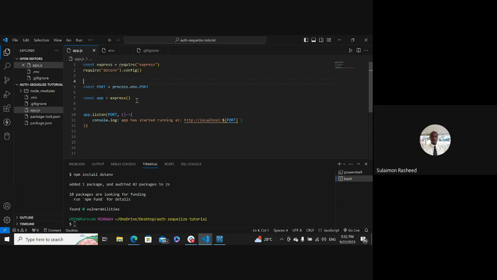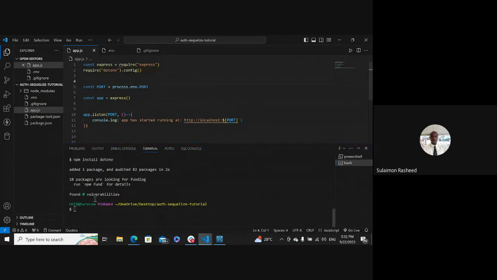Now, having done this, the next thing is for us to have the folders and files that we'll be using to make our application work, right? We need some basic folders, like where we are going to connect our application to the database, right? Using this Sequelize that we have installed. We are going to be connecting it, right? And apart from connecting it, we need a model that we will use to declare our table that we are going to store our data in, right? Then we also need